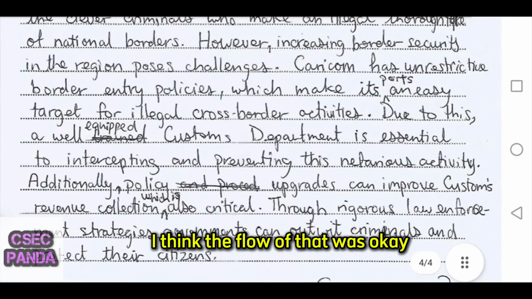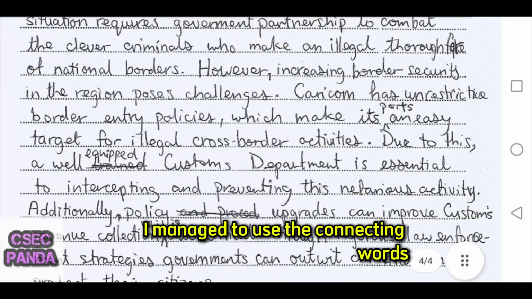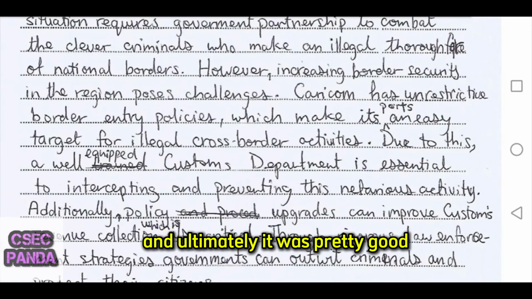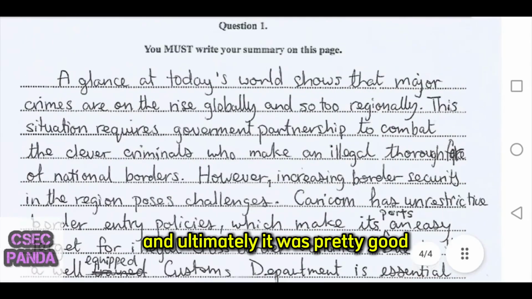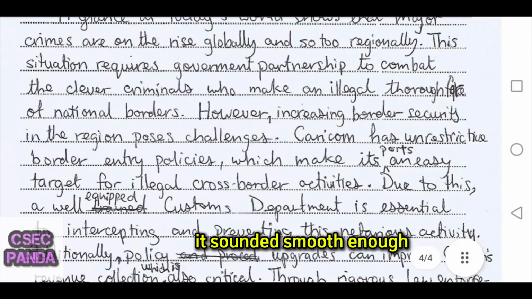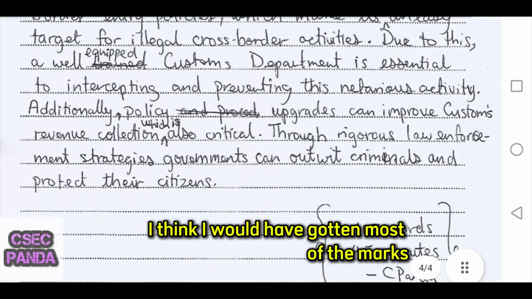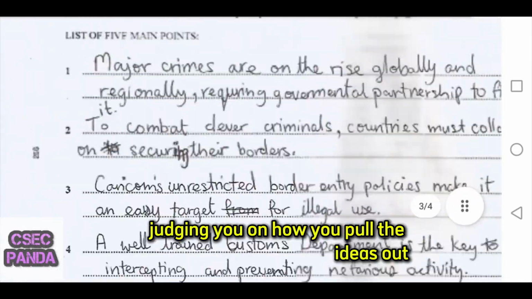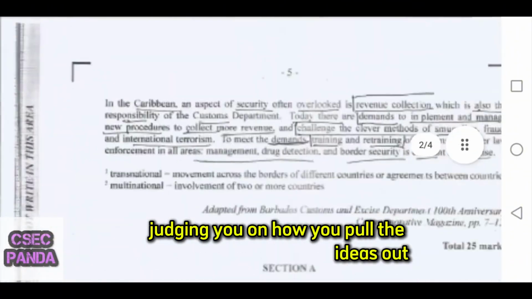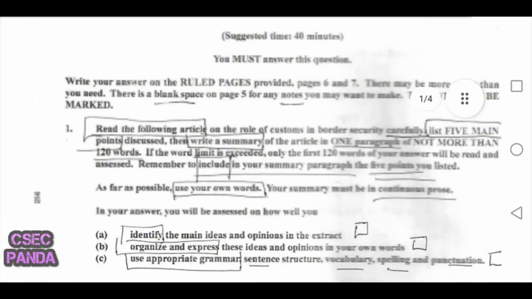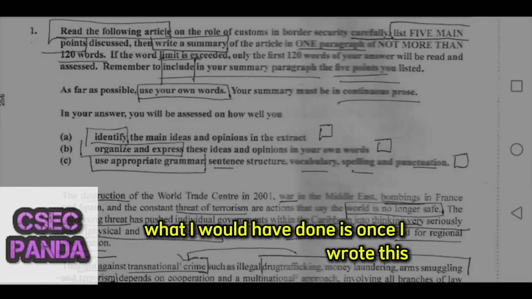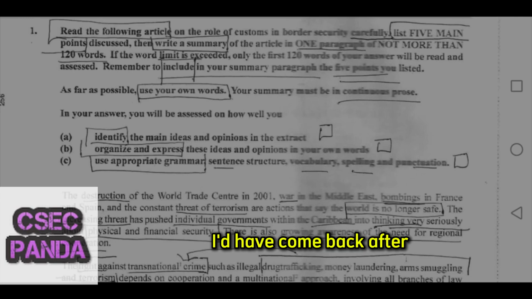I think the flow of that was okay. I managed to use the connecting words, however, and additionally, and so on. And ultimately, it was pretty good. It sounded smooth enough. I think I would have gotten most of the marks here, because as they say, they judge you on how you pull the ideas out, how you connect them together, and using appropriate grammar and sentence structure. What I would have done is, once I wrote this, I'd have come back after, in whatever time was left in the exam,